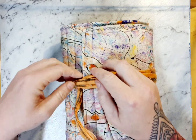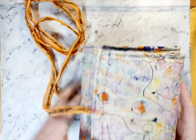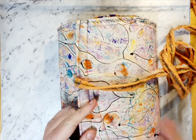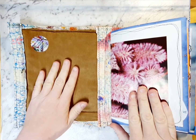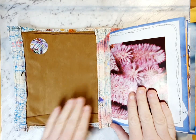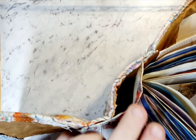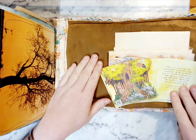So this one has exactly 200 pages, 4 signatures, and yeah, stacks and stacks and stacks of ephemera and places to write and all sorts. So it's a nice long closure, so it firmly wraps around. So it's fabric on the outside, there's some felt wadding on the inside, and then I've used a suede like piece of fabric that I was given, and I've just tried to construct the journal as best I could. Here's the hidden spine that I've stitched down, so you'll see that that actually is loose away from the main cover. So, and there's our 4 signatures, and then on the back inside I've used a coffee cup